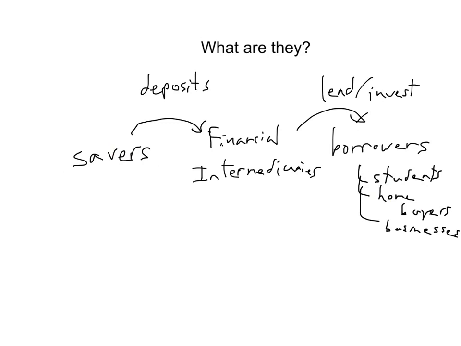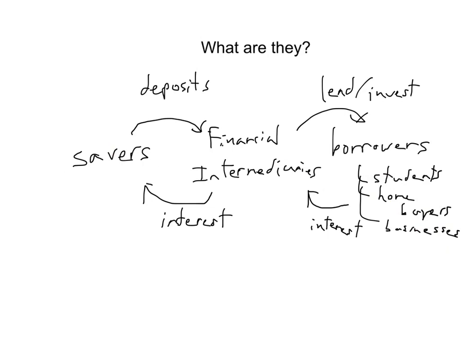And then the borrowers pay back interest, just like with any investment. And the financial intermediaries keep some of that, so they can profit, but then they send some of that interest back to savers. Now, without these financial intermediaries, maybe these people could go beg rich people for money to